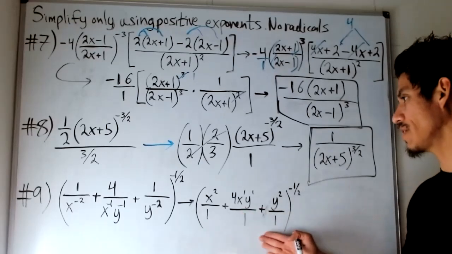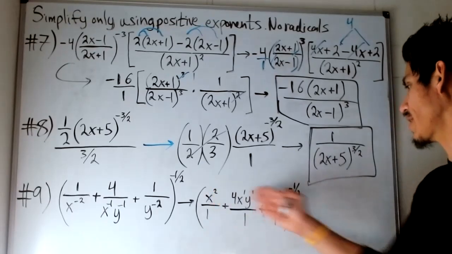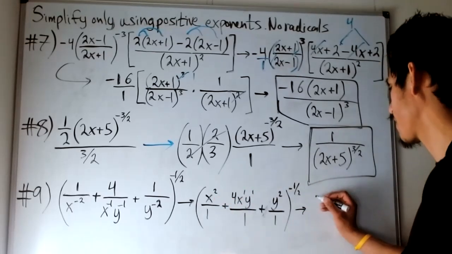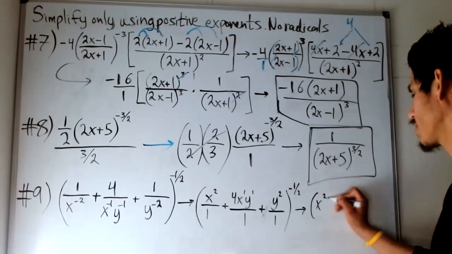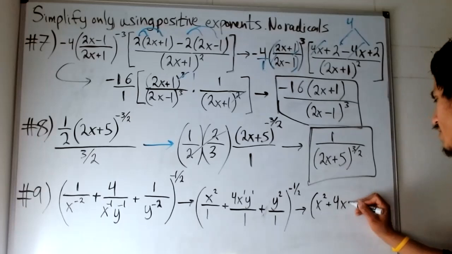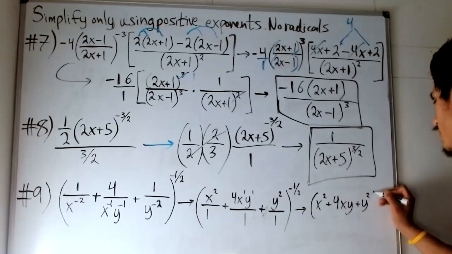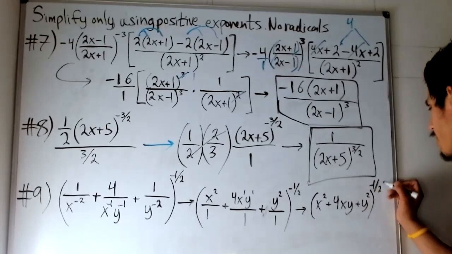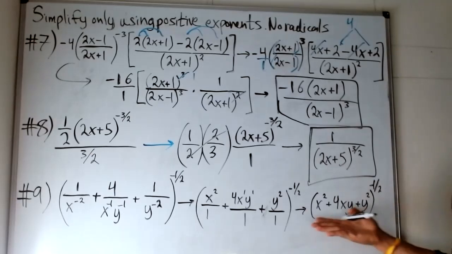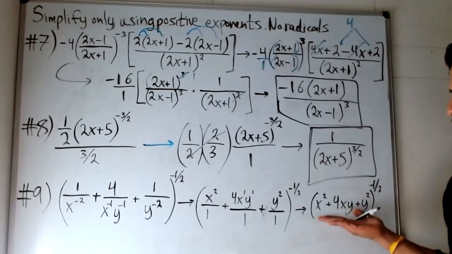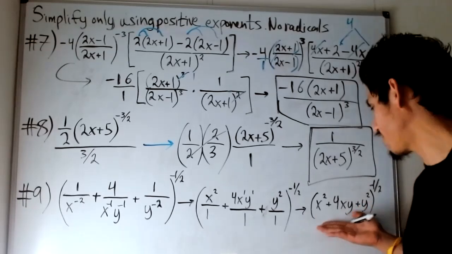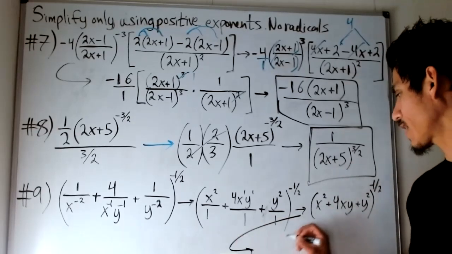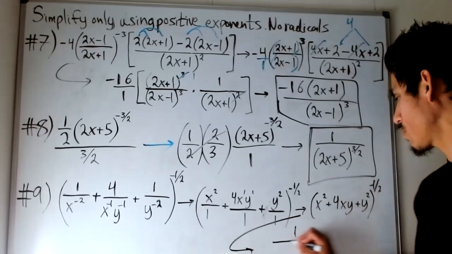Now, these all have the same denominator. So you can essentially just combine all of them. And then what you really just have is x squared plus 4xy plus y squared, all to the negative 1/2 power. And now, since they're all in one group, you can write it as a fraction. You can write this as 1 over all of that. So going back, we can write our final answer as 1 over